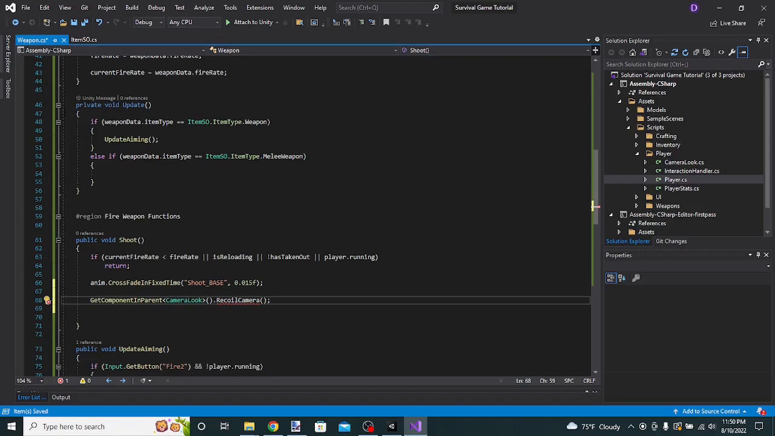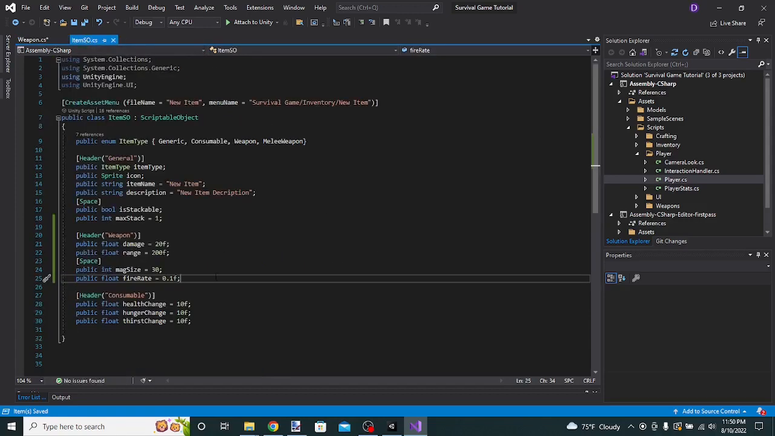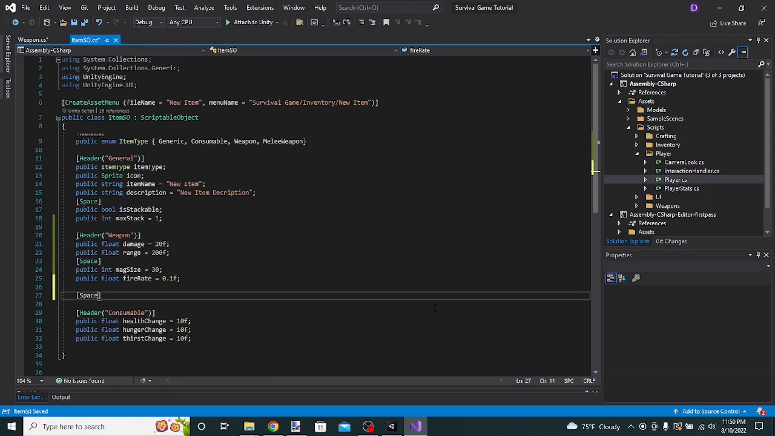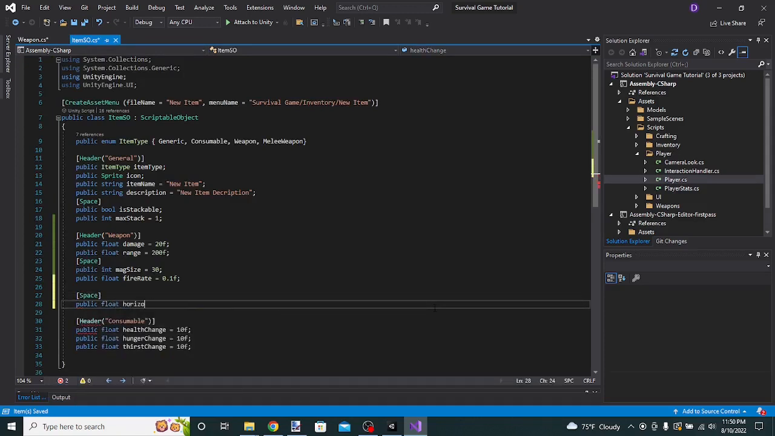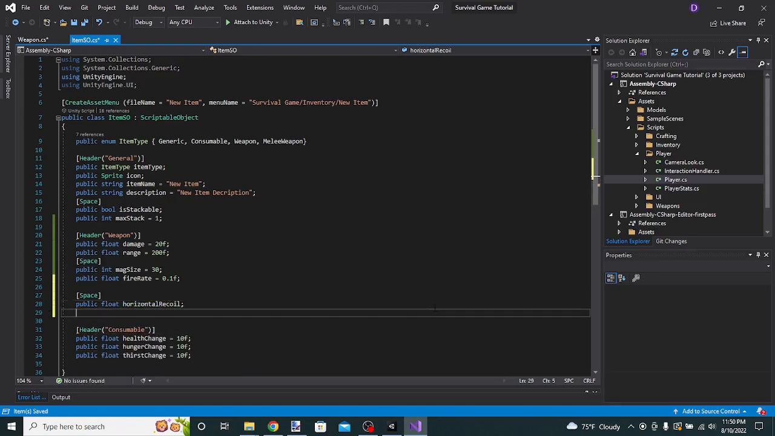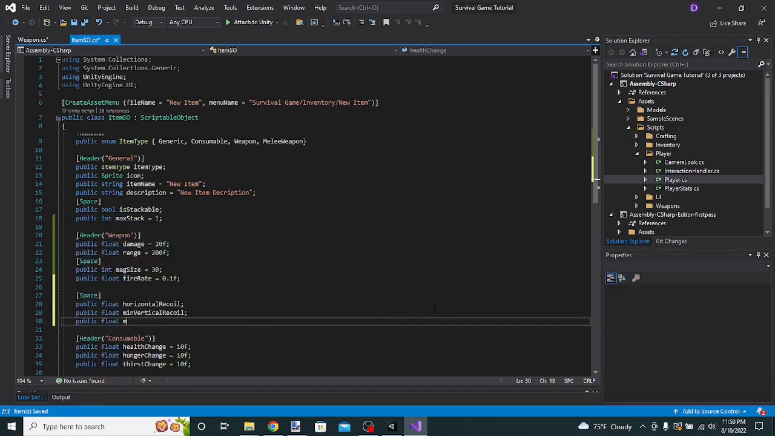So now go back to your ItemSO, because we actually need to add the recoil. So space public float horizontal recoil, and then we're gonna do a public float min vertical recoil. Actually, yeah, min vertical recoil, and then public float max vertical recoil. I'm gonna go ahead and close it,